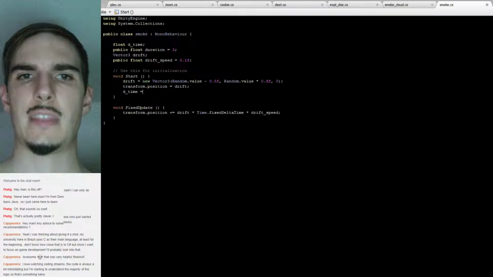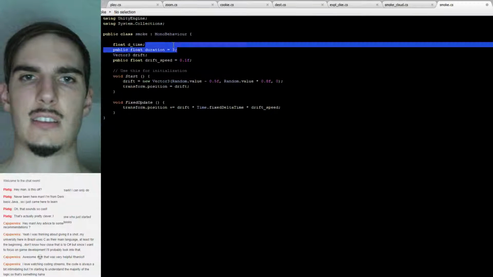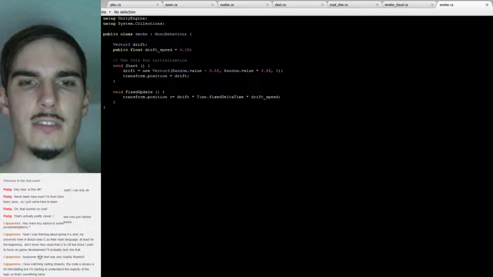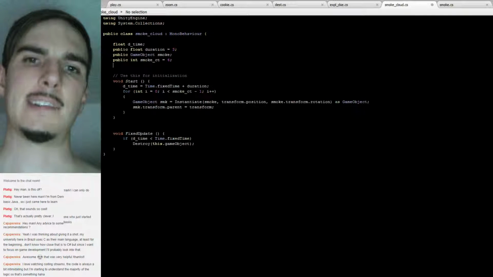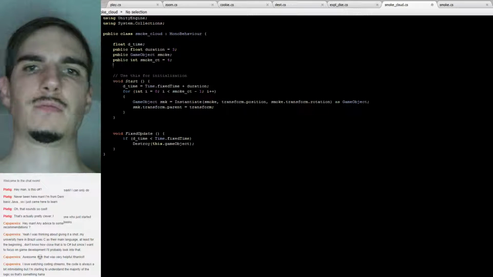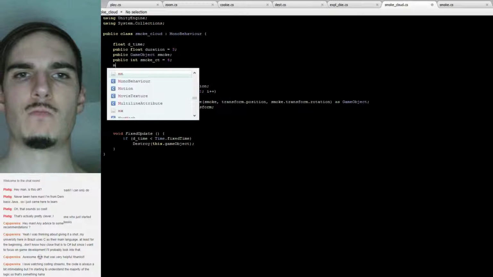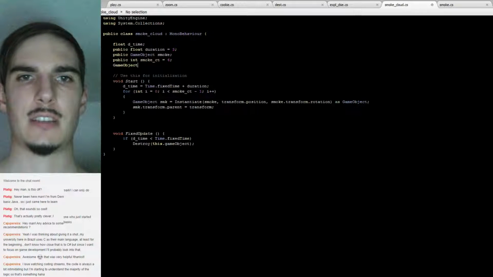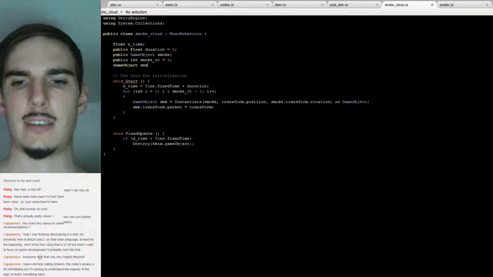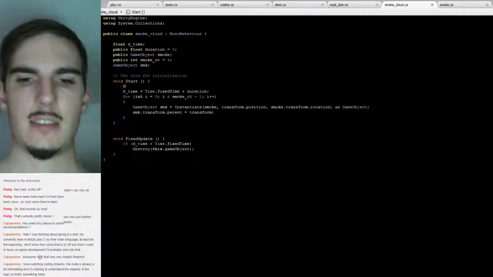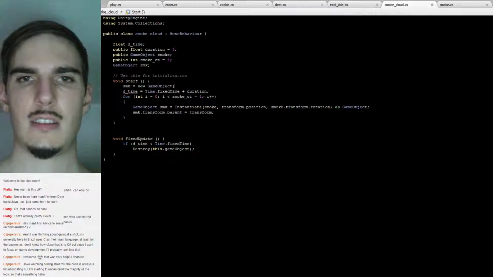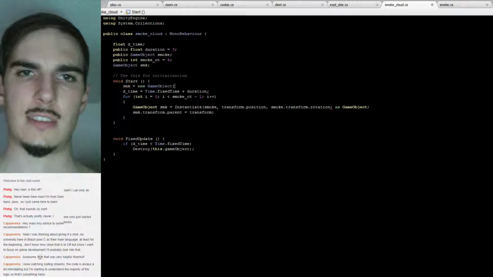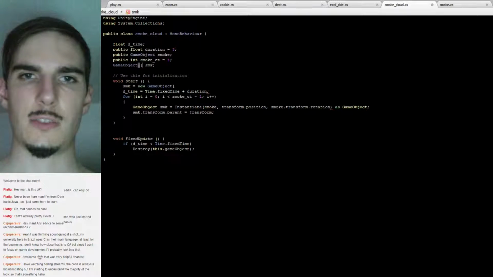You know what? Let's do this in the other one instead. Let's do this in smoke cloud. So you're fine how you are. You just do your thing, and then you will also have game object smoke, and on start smk equals new game object length of, oops, yeah, it's an array. Length of smoke count